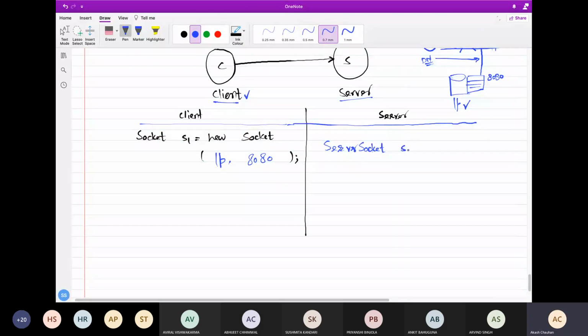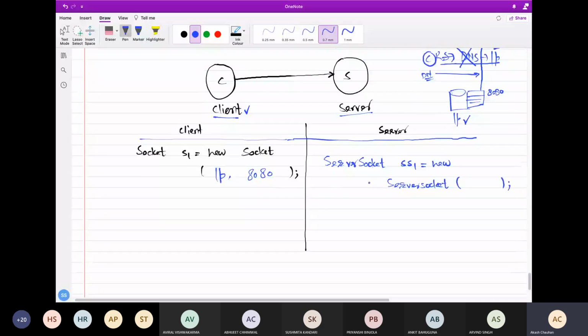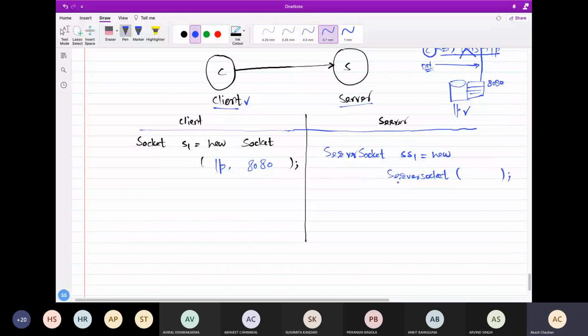And let's say this is called server socket S1 new. Okay, so at this end, what is the important thing for the server to know? The server is not required to know the IP address of the client, the server should know. Why? Because as you can see